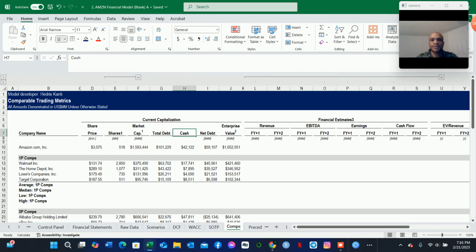So now, having computed the current capitalization, we can also bring in some very important metrics here, such as the financial estimates. So in this case, we will bring in